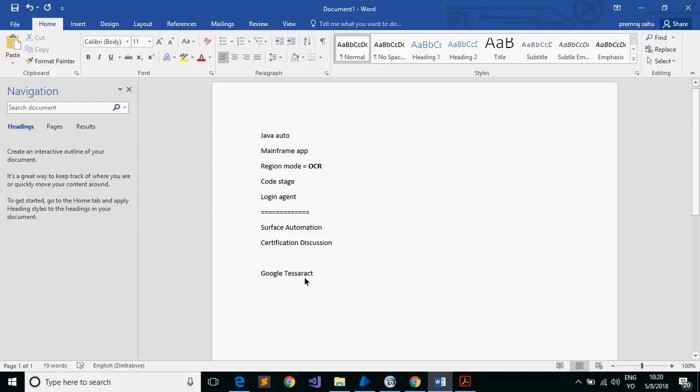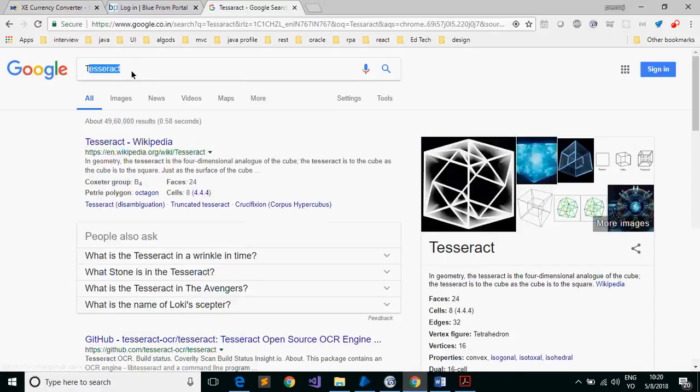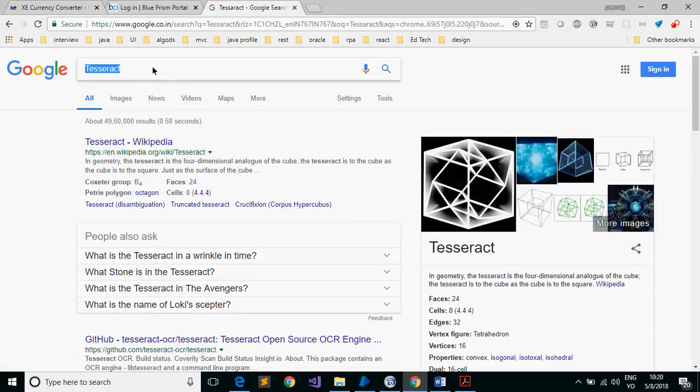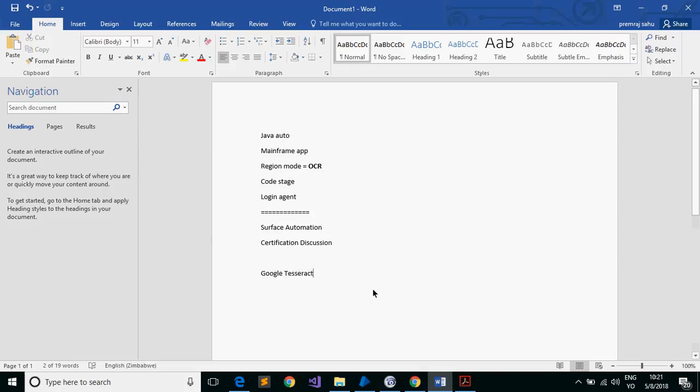Tesseract, I guess the spelling is like this. So this is used by Blue Prism for OCR. Internally, it uses Google Tesseract. This is one of the interview questions, and I'm also not sure if it is a certification question or not. Okay. So we are going to see OCR while discussing region mode,